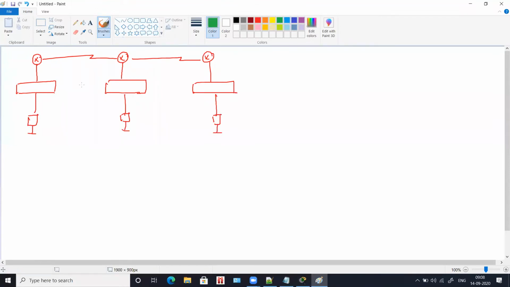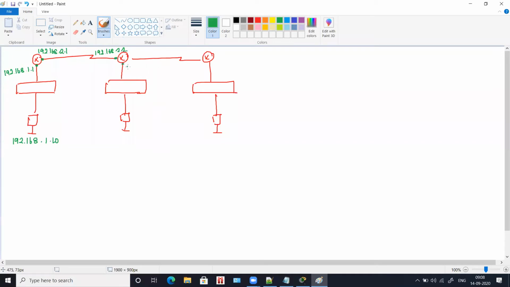Let's start assigning IPs. Say for this computer, the IP is 192.168.1.10. So if this is 1.10, this is going to be 192.168.1.1. Then this is going to be 192.168.2.1, and this will be 192.168.2.2.